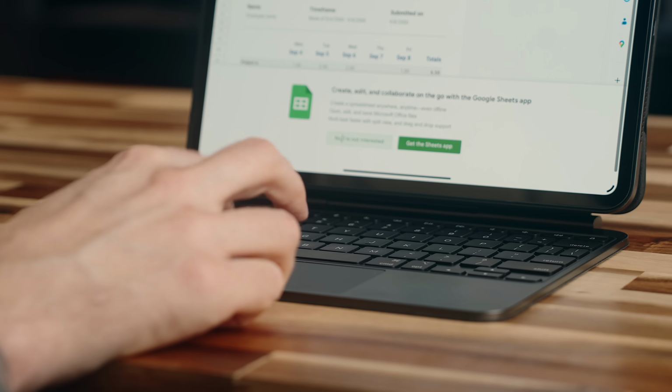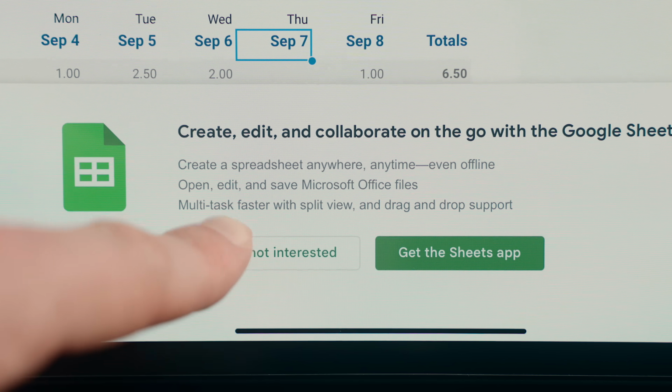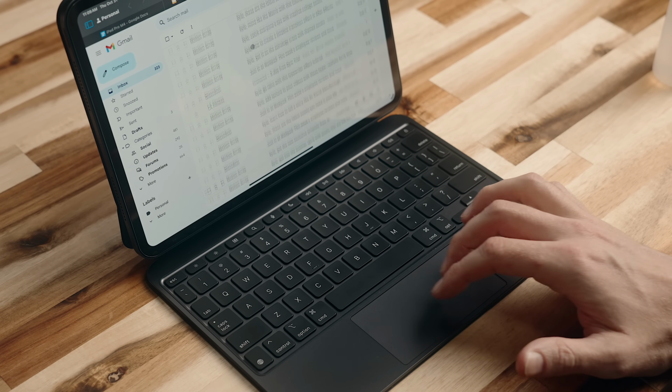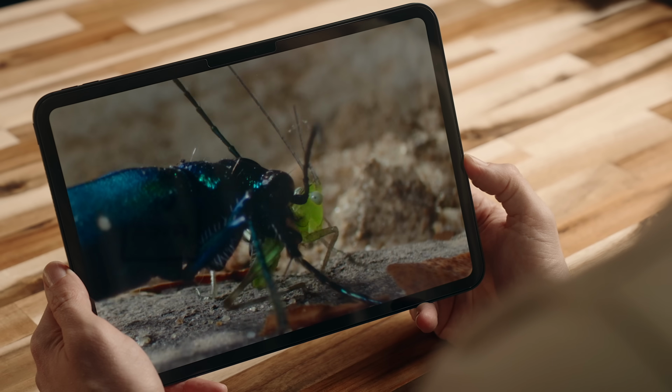Sometimes in Safari, I'm not able to click buttons or links with a trackpad, and for whatever reason, I'll have to use the touch screen to hit them. And sometimes the scrolling can stick or not work properly on some pages. I would say those things are more annoyances than anything, and for the most part, when I'm doing those things, I don't really need the Magic Keyboard, but